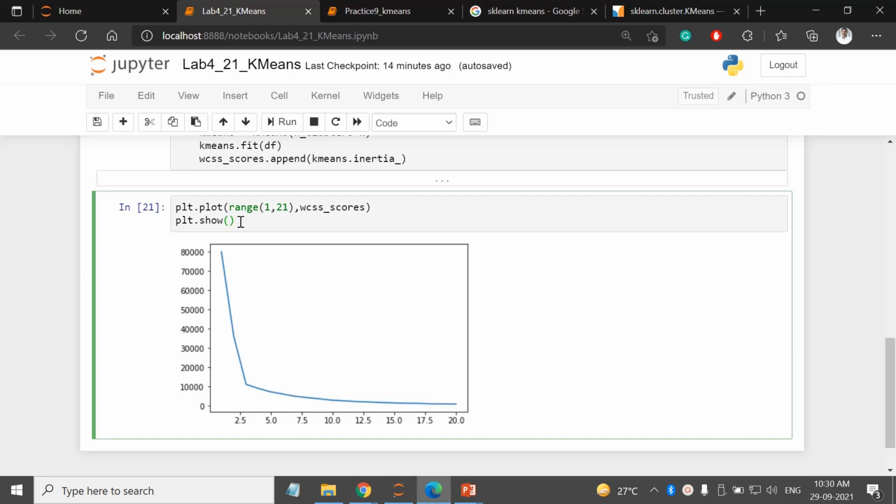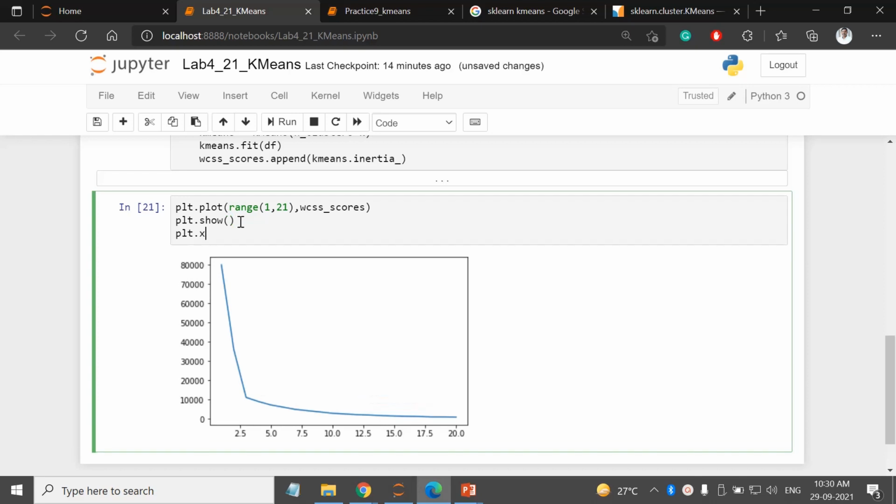Okay, so I can write some graph elements, chart elements, so x label.